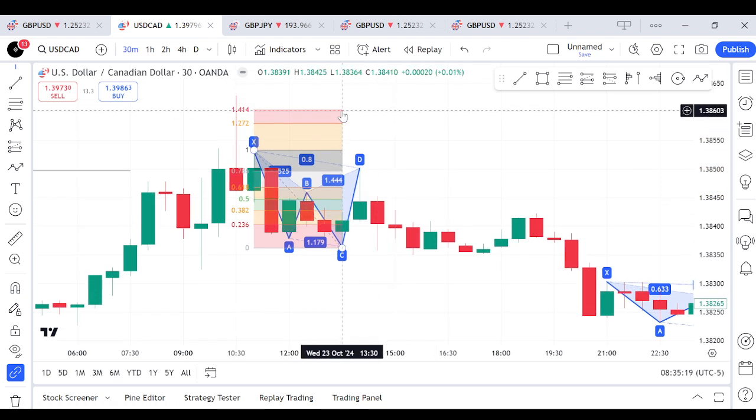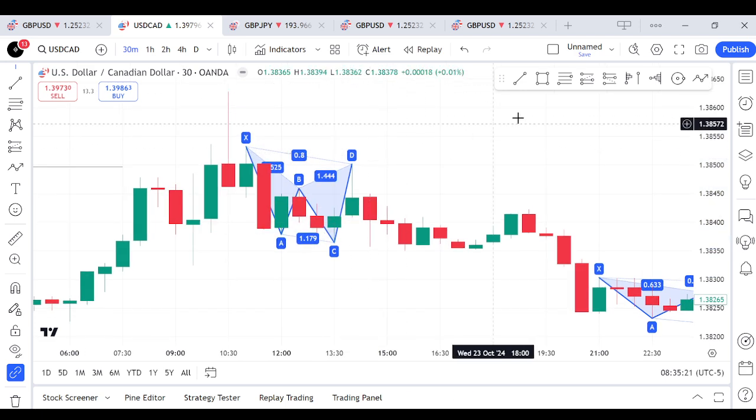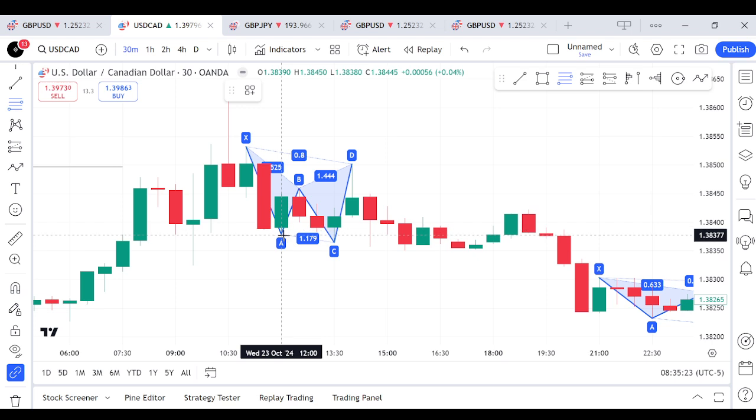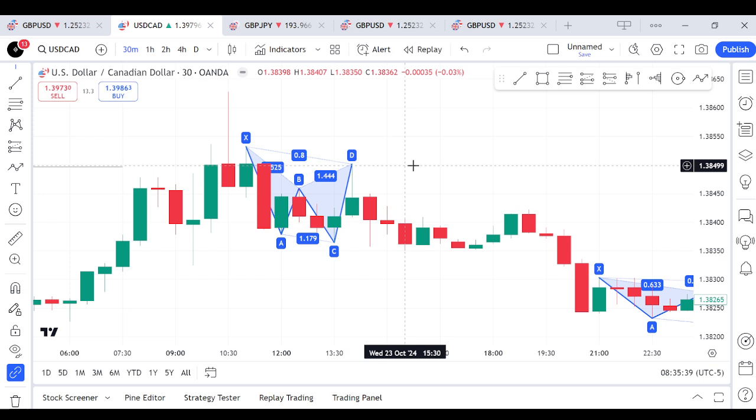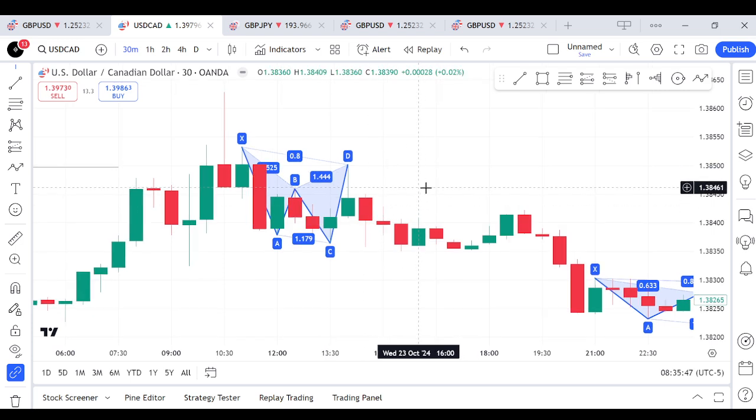So, and if you check this from point A to point B, you see that the point C falls within the 127.2 ratio, just close. It didn't fall exactly at it, but just very close to it, and it's not much of a variation. Of course, variations can occur, but when it's far apart, then the setup becomes invalid, like we discussed. But this one just a little bit,